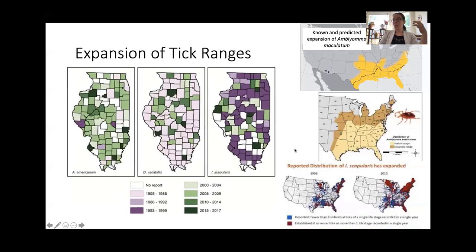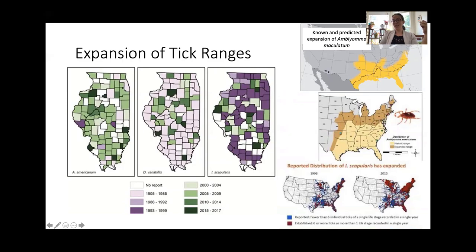And this is some work that a collaborator lab has done, looking at when we first detected the different ticks. So this is Lone Star, the dog tick in the middle, and the black-legged tick on the right. And you'll see that over time, we're finding the ticks in more and more places. The Lone Star tick, we started finding a little bit later, really mostly in the 2000s, and finding more and more places over time. The black-legged tick here on the right, we saw a lot of it in the 90s,